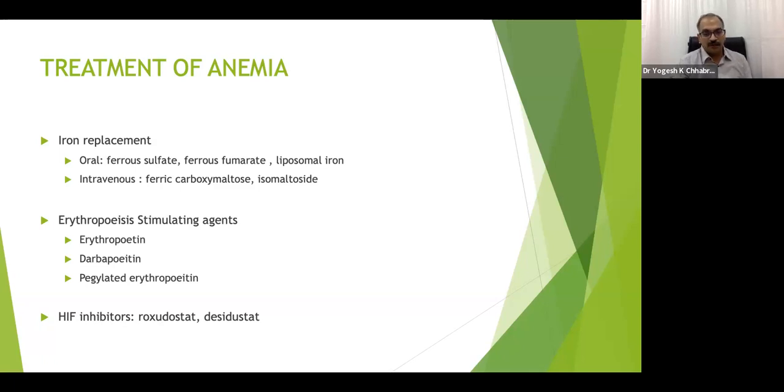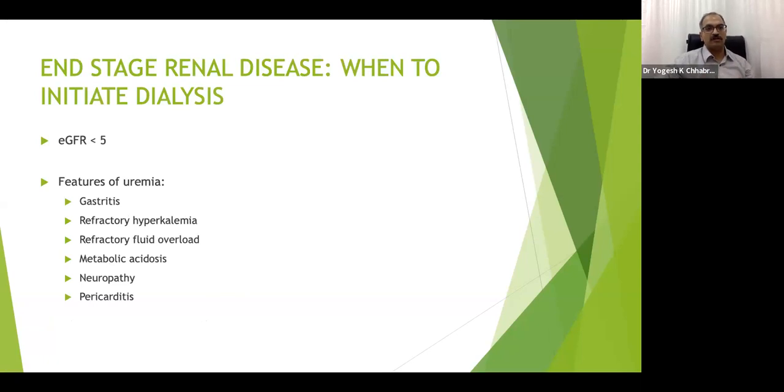These have been recently introduced in the market, and we in India have seen desidustat. Roxadustat was first approved in China. Roxadustat has been introduced recently in India, and desidustat can be given thrice in a week, 100 mg, and has given us certain good beneficial roles, but has to be avoided in patients with proliferative diabetic retinopathy. We have to avoid these molecules where the chances of malignancies are high. So we have to avoid these molecules in polycystic kidney disease as well.